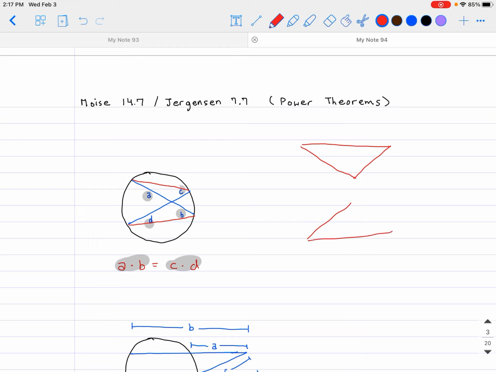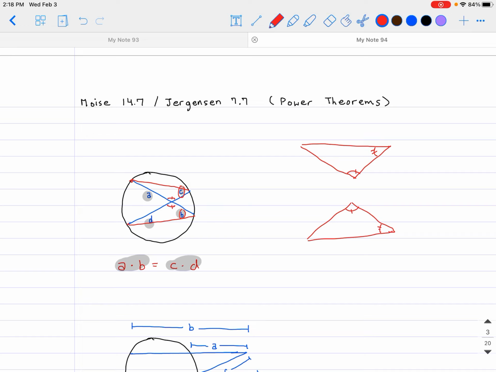So the bottom triangle, you have the following. This angle right here should be congruent to this angle right here because of the vertical angle theorem. Now, the other angles that are going to be congruent, this one right here should be congruent to this angle right here, because if you notice, where C is located and where B is located, those are where you have inscribed angles that are referring to the same arc. So because they have the same